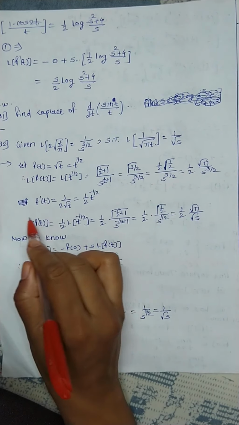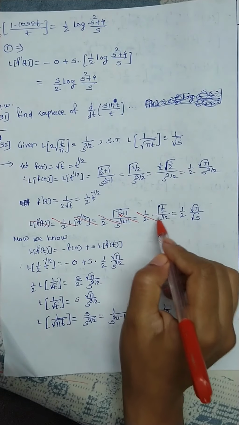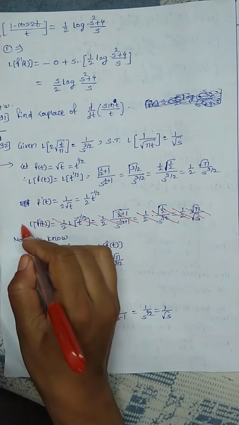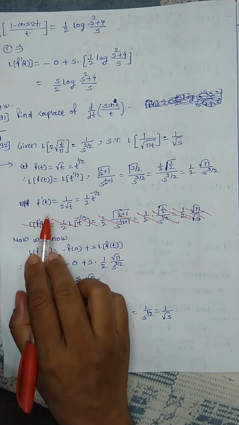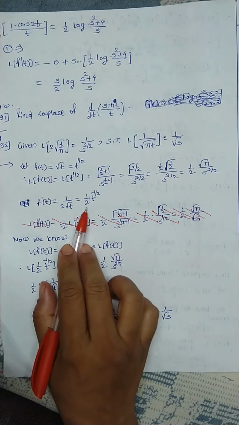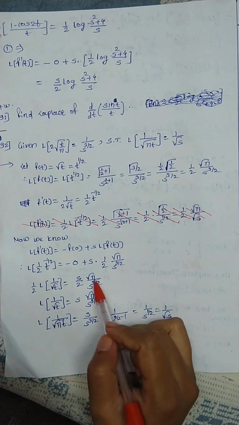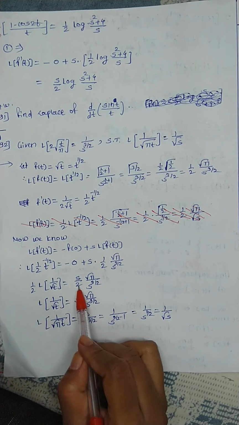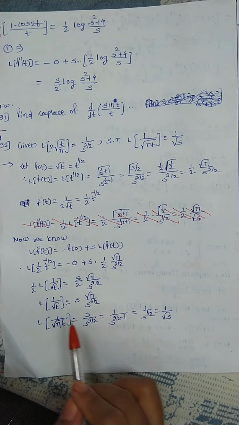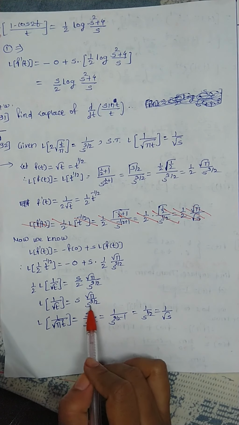This is not necessary actually. If you see, this is not at all necessary. You don't need to calculate this. We are not using this anywhere. Just find out the derivative, f dash t. Now this is s by 2, root pi upon s raised to 3 by 2. Now this 2 gets cancelled on both sides. Laplace transform of 1 upon root t is equal to s root pi upon s raised to 3 by 2.